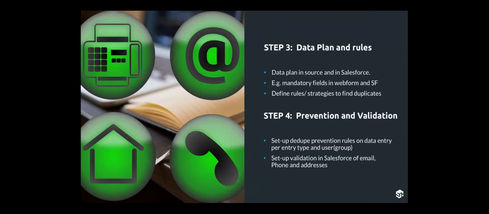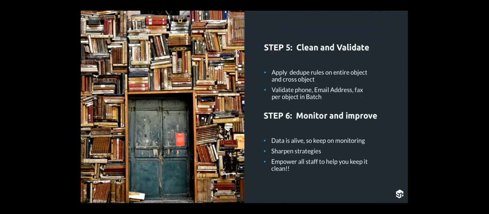And the next step would be to set up prevention features. So each way records or data enters your Salesforce, you can set up prevention features: a batch upload, manual entry, web forms, etc. And same goes for validation. So if you do manual entry, validate your phone number, validate your address, physical addresses if that's important for you, or email addresses. And then if that's all said and done, you can set up a clean,